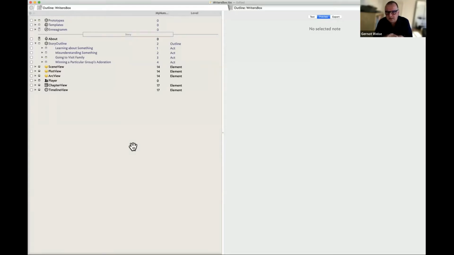I keep organizing the meta information for my story. When I'm done with that, or when I have this somehow outlined, which always goes in parallel, then I switch to Scrivener, and in Scrivener I really do the writing. But I just keep some notes in Tinderbox, while usually I write in Scrivener.